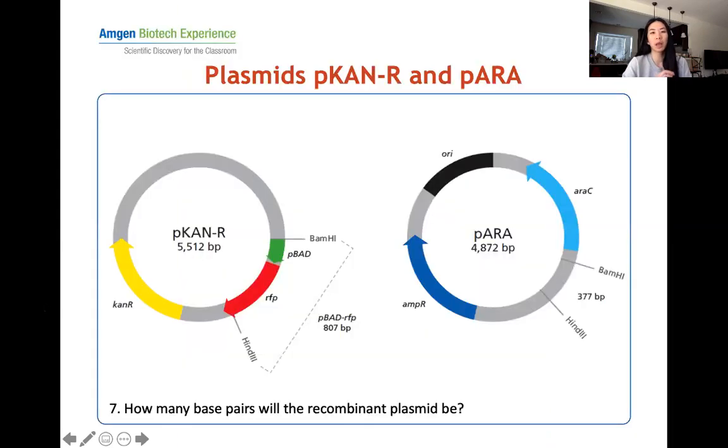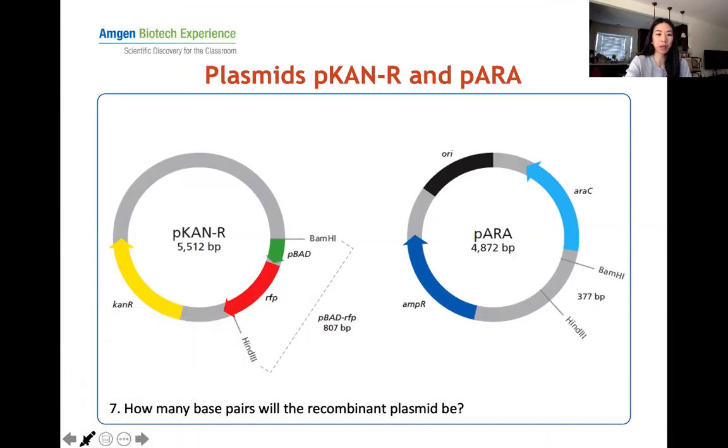All right, moving on. So when you have these 2 plasmids, in the lab, we have these 2 plasmids, but we wanted to actually combine them together into a recombinant plasmid. So in the lab, what we did, or actually not what we did, Amgen did it for us and we got this recombinant plasmid, but they took,